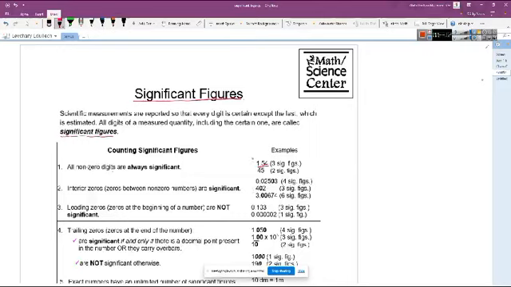There's none. Oh wait, there are three, right? Three. So yes, 1 is a non-zero digit, 5 is a non-zero digit, and 4 is a non-zero digit. Now, if you have